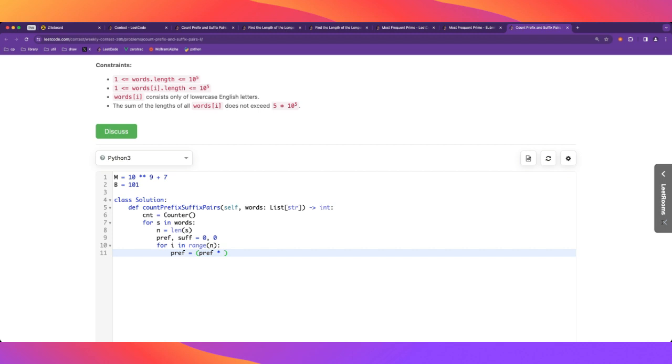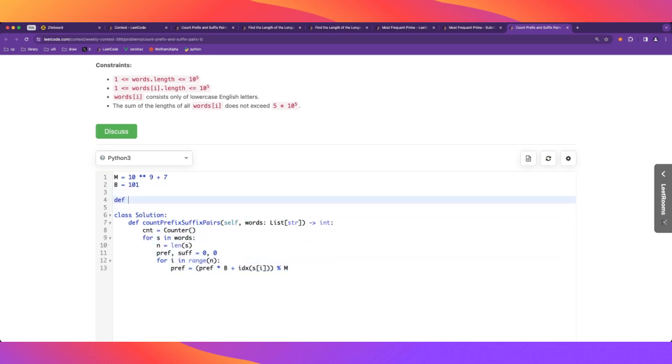So here the prefix we multiply by the base, and we add the index of s of I, and then we mod it, right? So this is going to update our prefix hash. Let's write the index function,